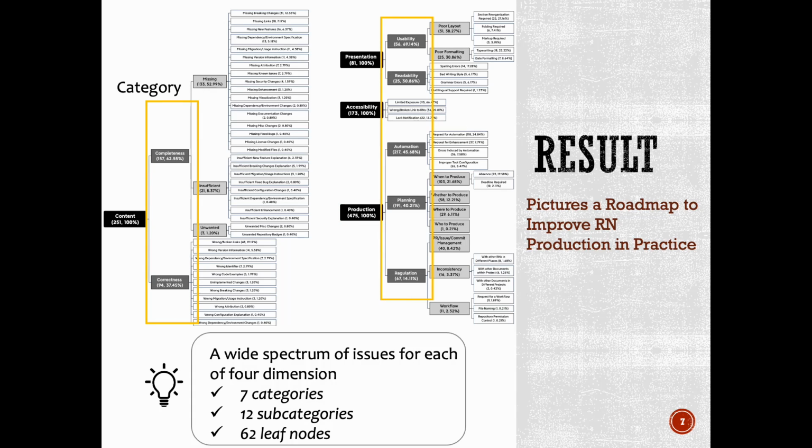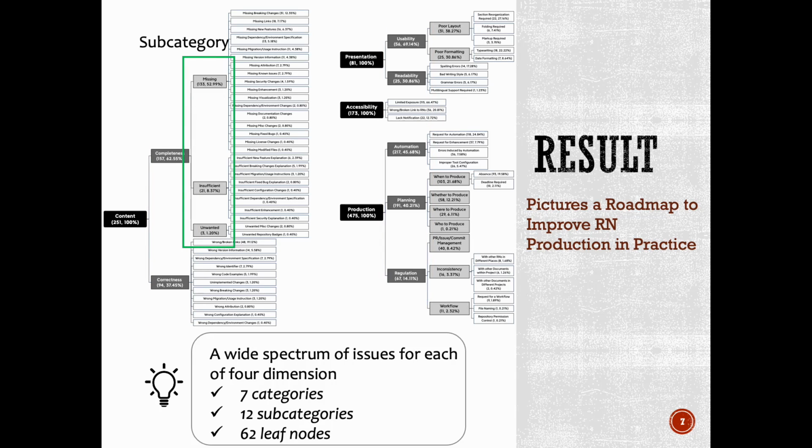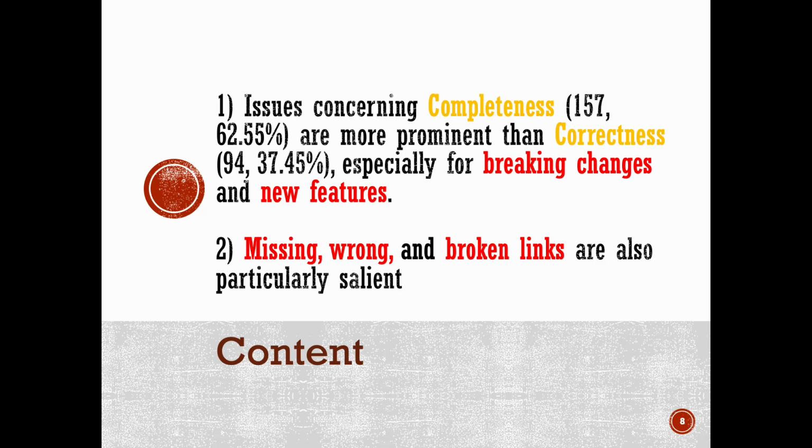Besides, we have 7 categories, such as completeness, 12 subcategories, such as missing, and 62 leaf nodes, such as missing breaking change. Due to time limits, we are going to share the main findings, and more details can be found in our paper. For content, we can learn that developers should ensure the breaking changes and new features are not omitted and sufficiently described. Besides, missing, wrong, and broken links are also particularly salient, which prevent users from accessing related